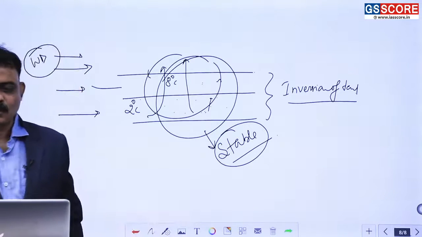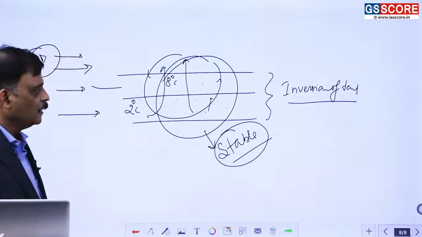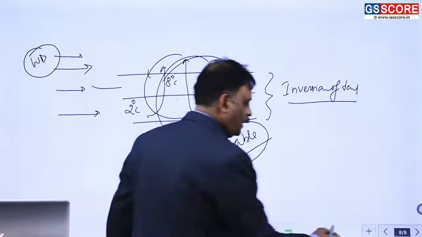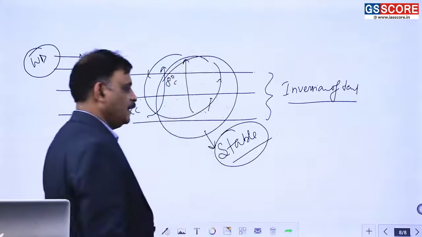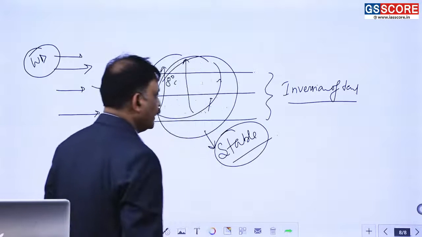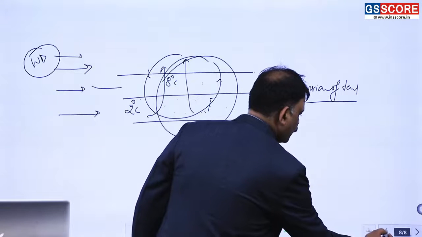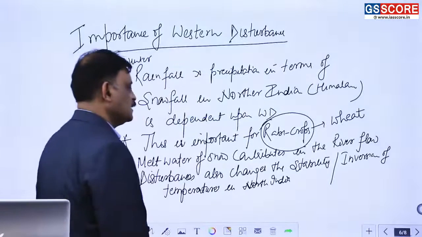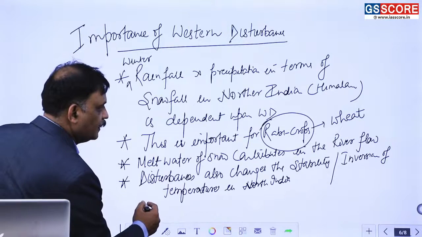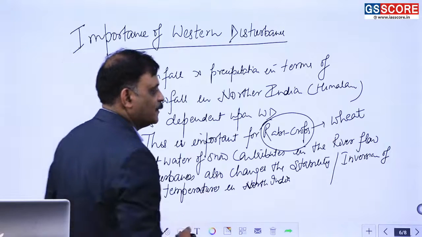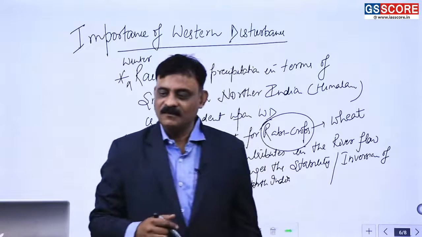ओके, सो ये चीज है। तो ये स्टेबल एनवायरमेंटल कंडीशंस को अनस्टेबल बनाने के लिए भी वेस्टर्न डिस्टर्बेंसेस की इंपॉर्टेंस होती है, because Western disturbances help in breaking the stable environmental conditions of the Delhi and in the regions of the North India. So they help in changing the stability or disturbing the stability of the inversion of temperature